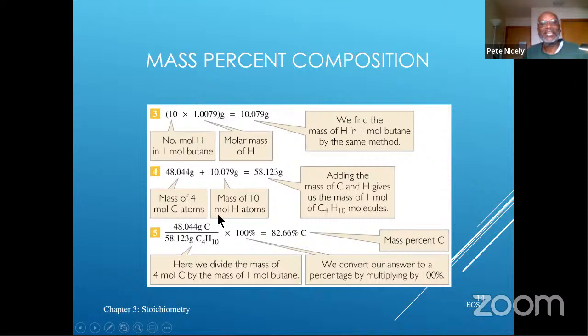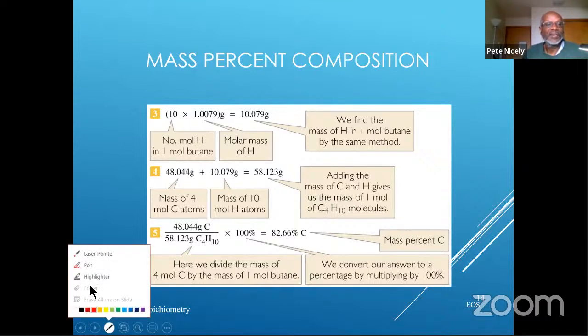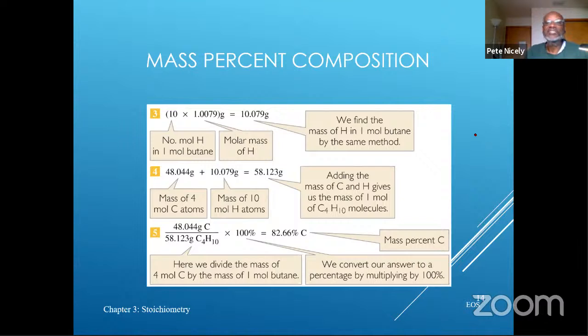So once we get that, to get the percentage of carbon present in 1 mole of butane, we take the total mass of carbon and divide it by the total mass of the entire compound, and we multiply by 100%, and this is the answer that we get here, 82.66%. And then it's not shown here, but basically you're going to do the same thing. In fact, let me do some scribblings here. To get the percentage of